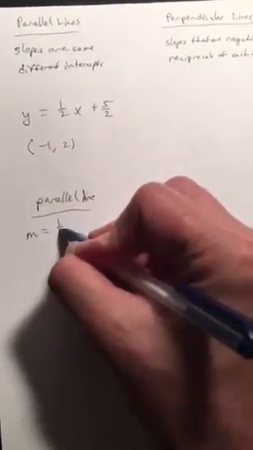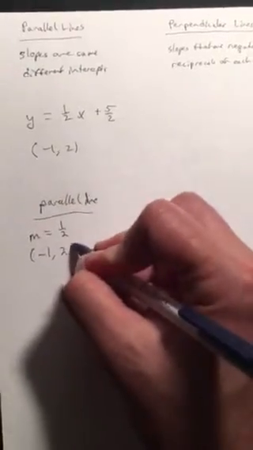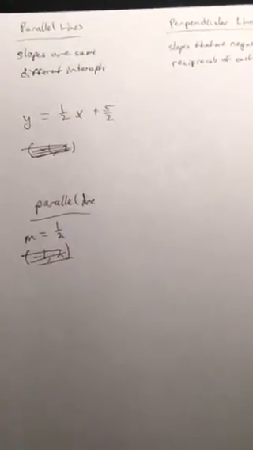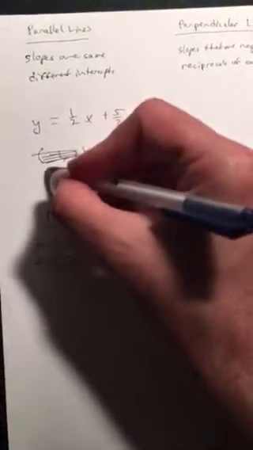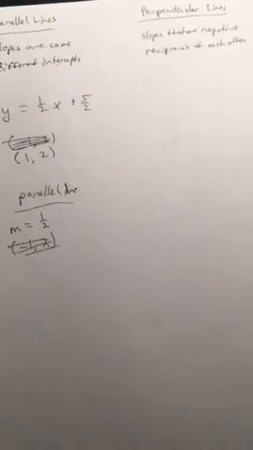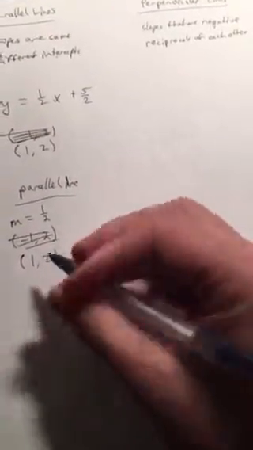So the slope for the parallel line must be the same. So the slope for this line must be 1/2. Let me back up. We can't have the same point because they have to have different intercepts. So I'm just going to pick a random, well, let's go 1, 2, just to be different. So if we have the slope that is 1/2 and the coordinate is 1, 2, we can go back